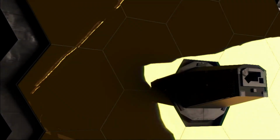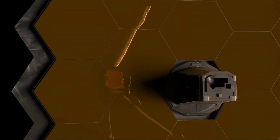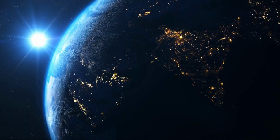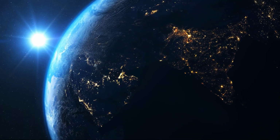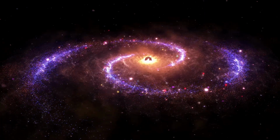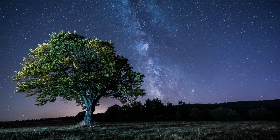With its infrared cameras, it can peek through these clouds of dust and reveal the Cartwheel Galaxy in all of its glory. From the data we gathered, we now know that the galaxy is rich in hydrocarbons and silicate dust, similar to Earth. Further studies of the galaxy can provide us insights into its past, its future, and fundamentally our